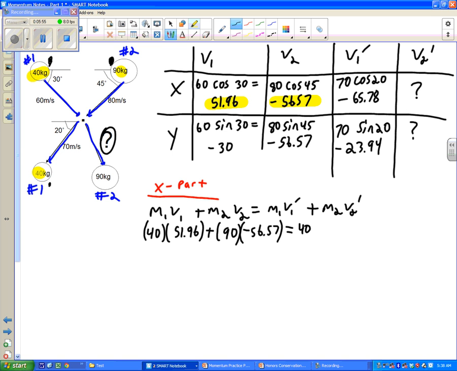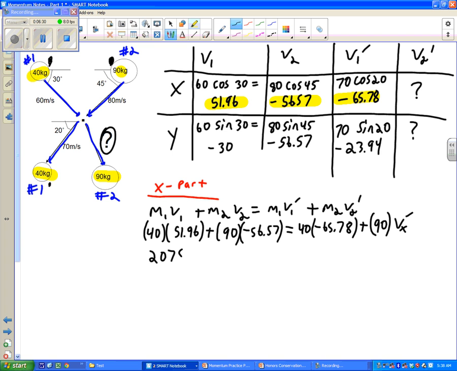That would be this mass. And how fast is it going? Right there, negative 65.78 plus M2, which is my 90. It's my second velocity. And we don't know how fast it's going. I'm just going to call it Vx prime because this is in the x direction. And so now it just comes into a plug and chug. Actually, we already plugged. We just got to chug. And we're basically going to get